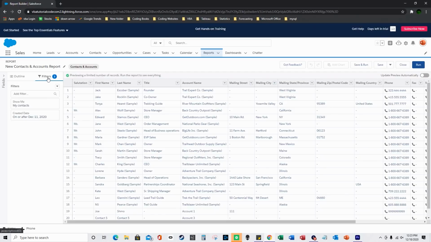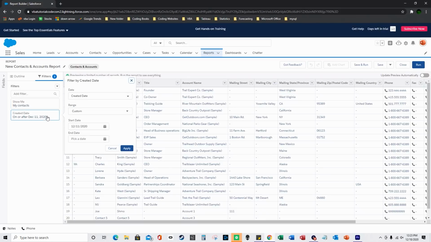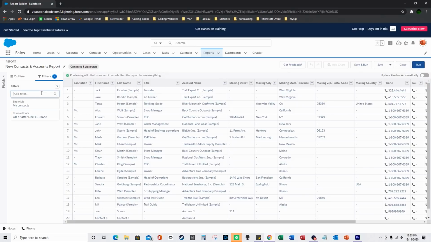So over here is the filters. You can select my contacts, my team's accounts, all accounts, my accounts, and then you could filter by a particular day range. And then you can also add a filter too. So say you only wanted mailing state,